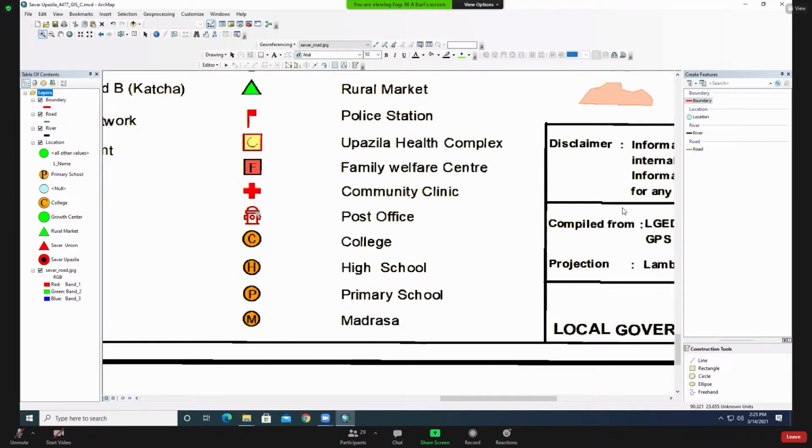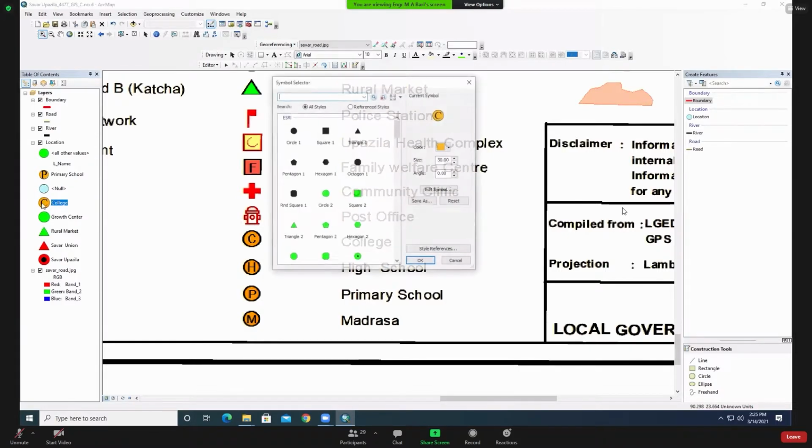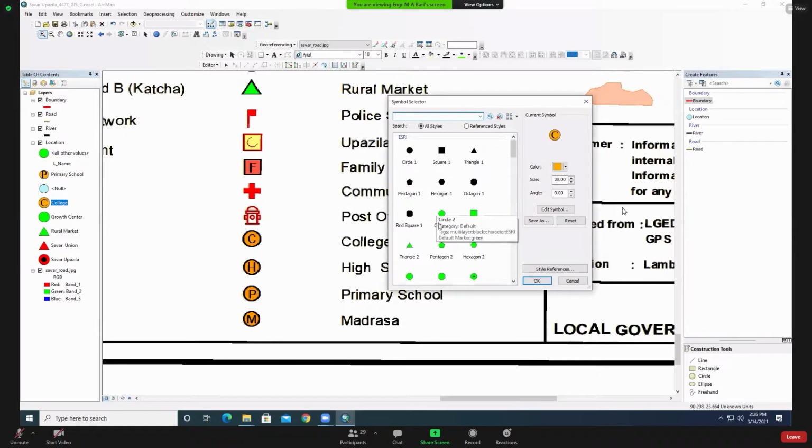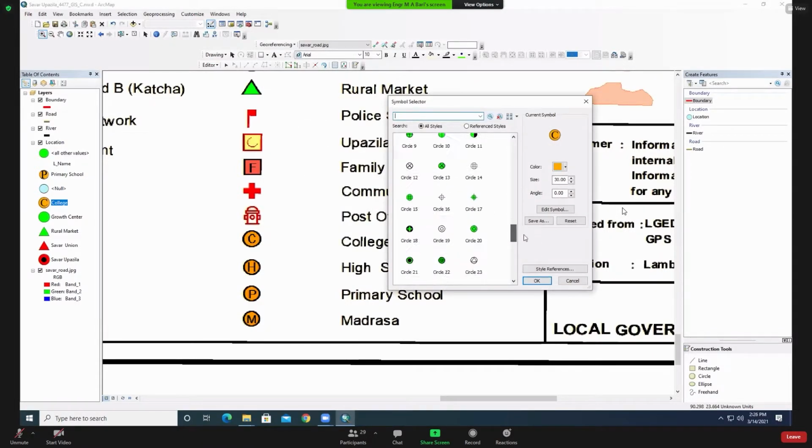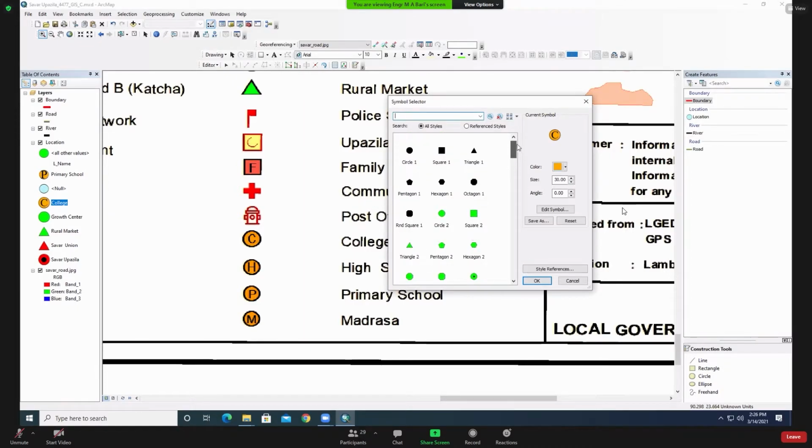This symbol, suppose if you clicked it, this is the database, and here are so many symbols, but some symbols maybe different from your symbol. So at that time, what will you do? Tell me. Suppose post office, how many of you already got that post office? Tell me.